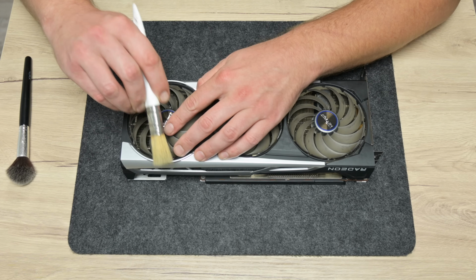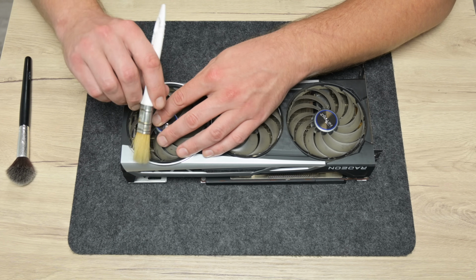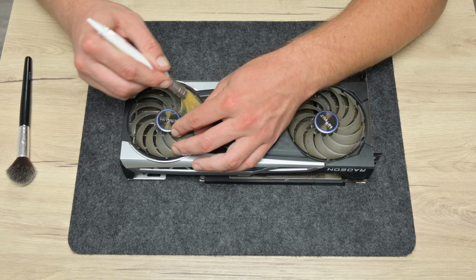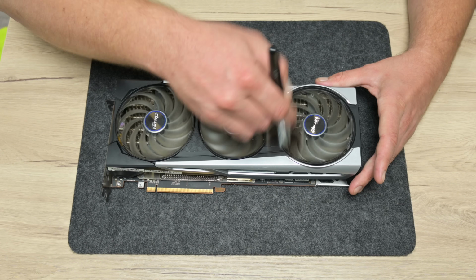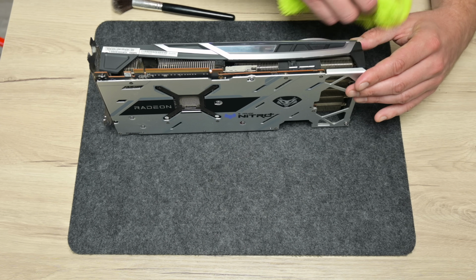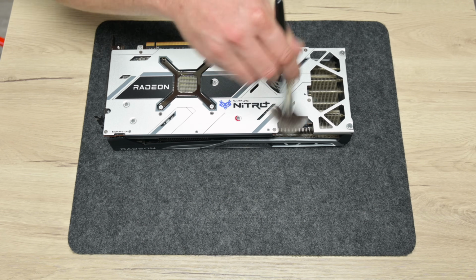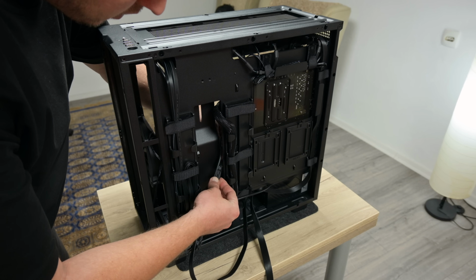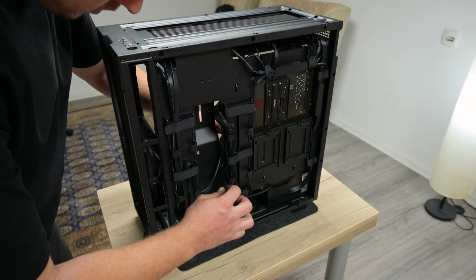Before I continue with anything else, I need to do some basic cleaning to the GPU. This is a used GPU, but in good condition. Also, I got a request to not open the GPU. I have just been asked to make some basic dusting using brushes, compressed air, and a little polishing to clean things up. The GPU has two 8-pin power connectors, and here I'm going to use two separate cables from the